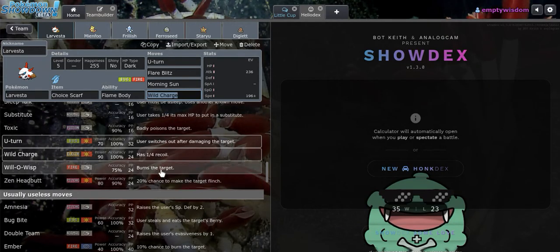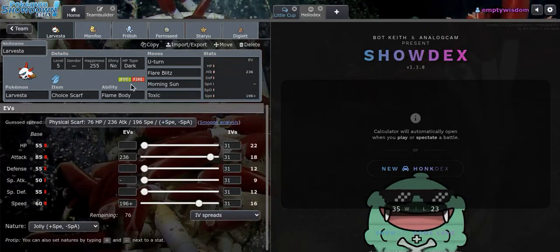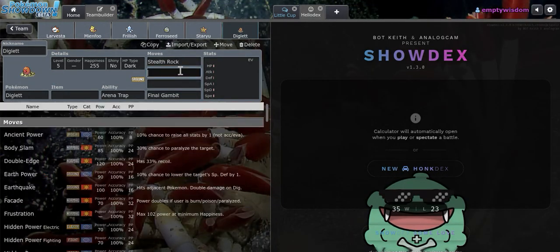Okay. Because that way I have the option to surf and recover stall with Staryu. I have the option to juggle between Ferroseed and Frillish, for example. I can also go Substitute last on Diglett, and so the Toxic from Larvesta is gonna rack up. Yeah, so I think that's what I'm gonna do. I'm gonna go with Toxic last. And now Diglett will go Earthquake, speed up,